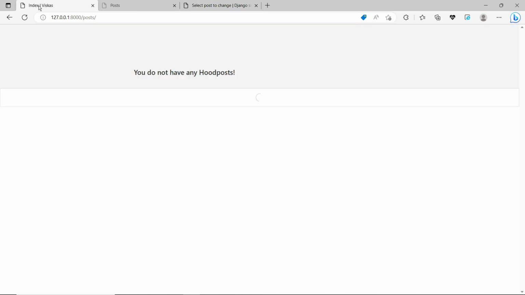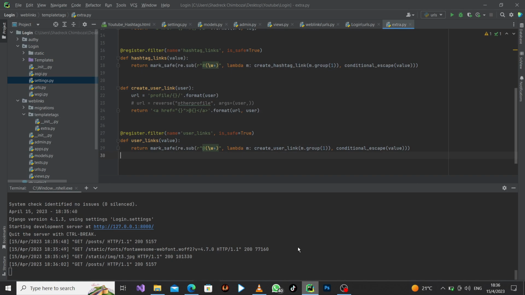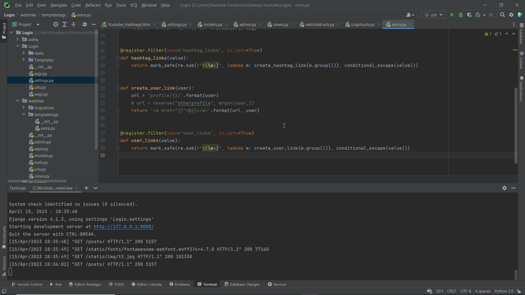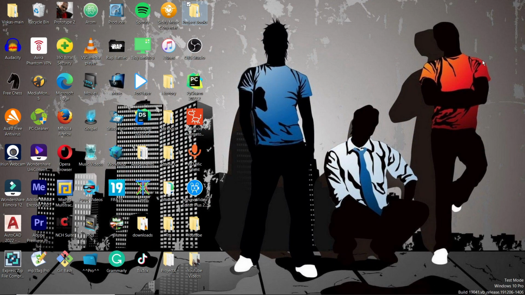And now, since I'm done, I'm going to rerun the URL, and as you can see, it works. The hashtag and the mention are clickable links. You can change the color of these links in your CSS, but for now, we're done. And like I mentioned earlier, you would want to change your URLs. I'm just going to mention it again, and I already explained the reason for this. So now we're going to exit.